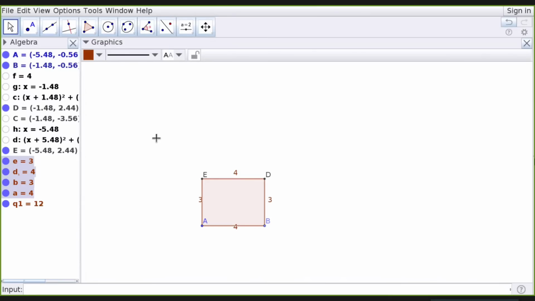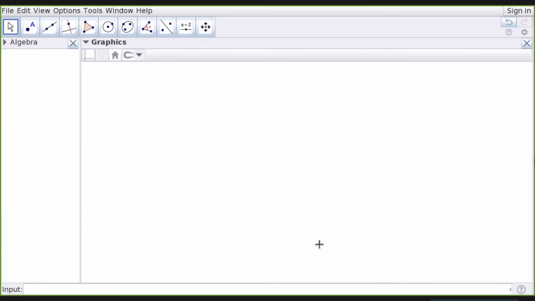Now we will continue with another construction. We have explored the tool called Polygon tool. This Polygon tool can be used not only for drawing one single polygon like a rectangle, it can be used for any polygon, any number of sides. So even triangle, quadrilateral, anything you can draw.